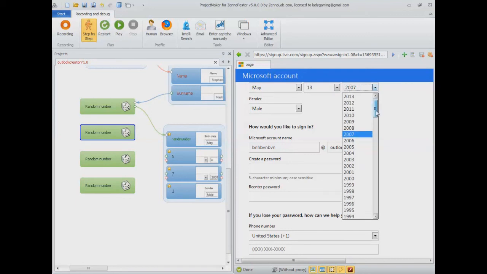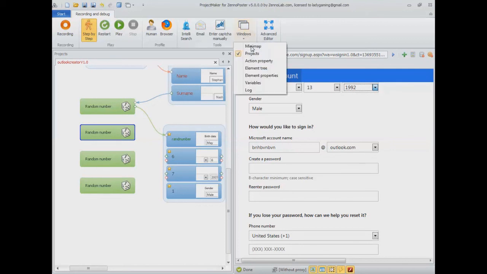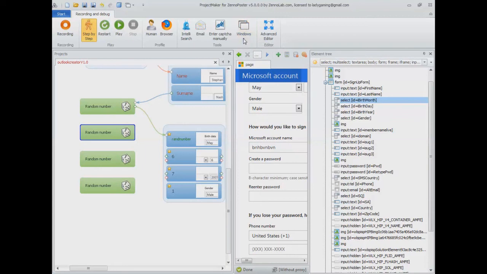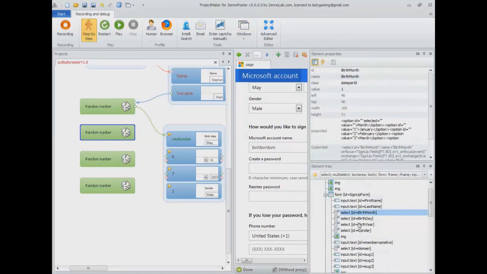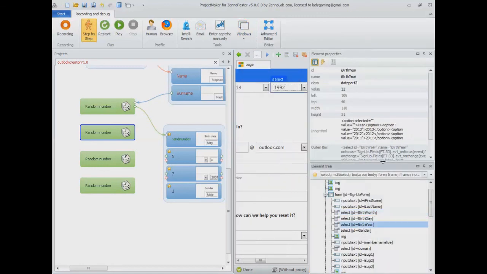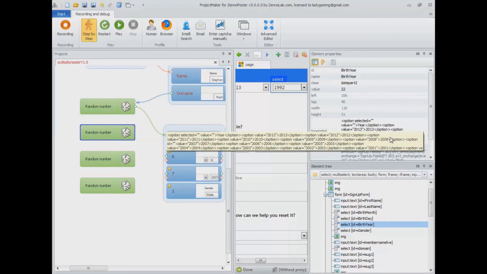So next one is the year. Now I think if you're under the age of 13, Outlook requires you to get parental approval to open the account. So we want to make sure we're over the age of 13. Say 1992. So for this one, if we go to the element tree again, and also the element properties, and we select our birth year,